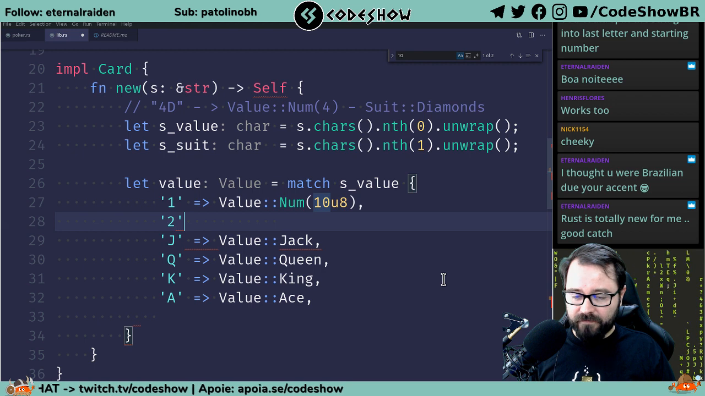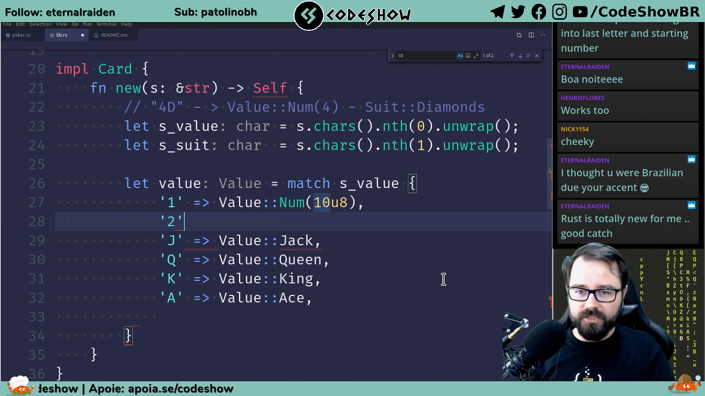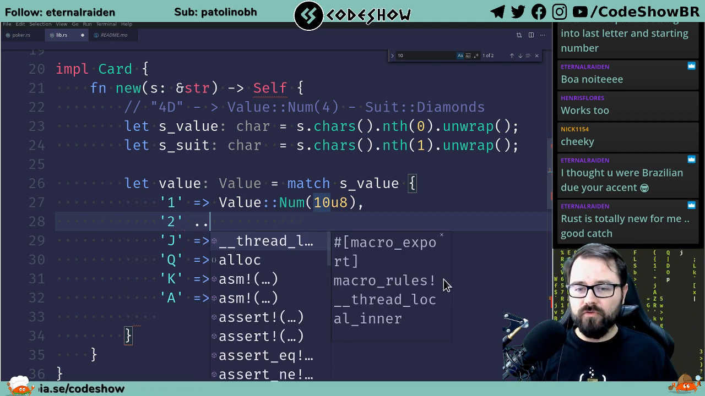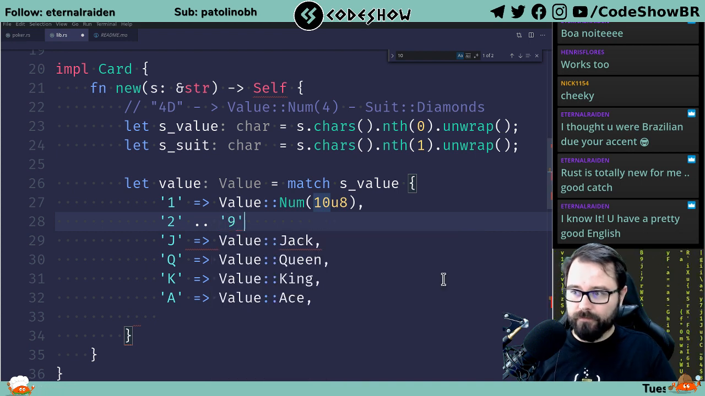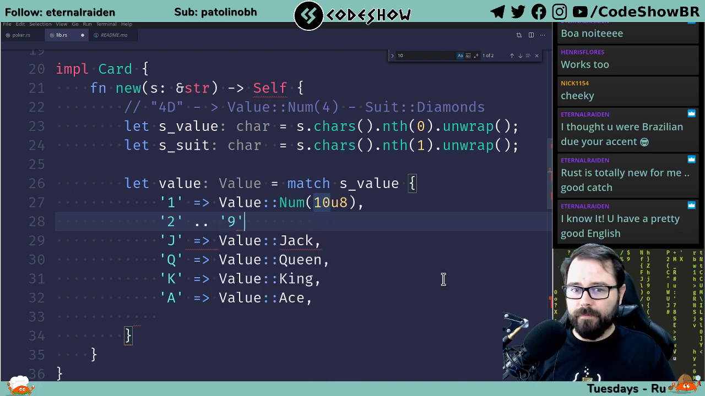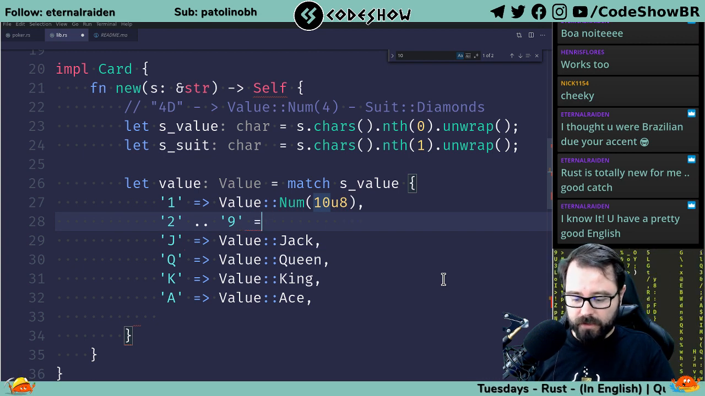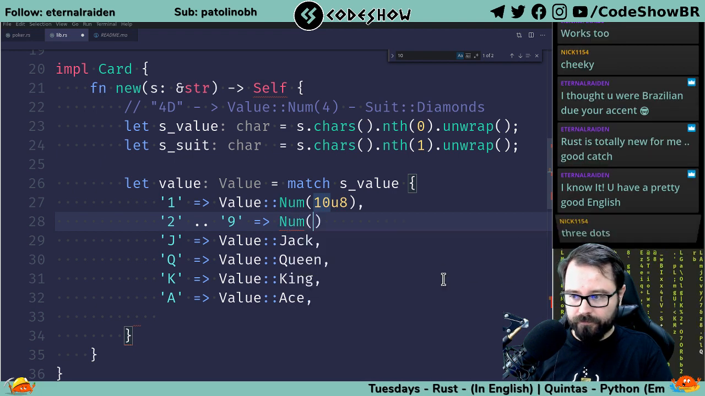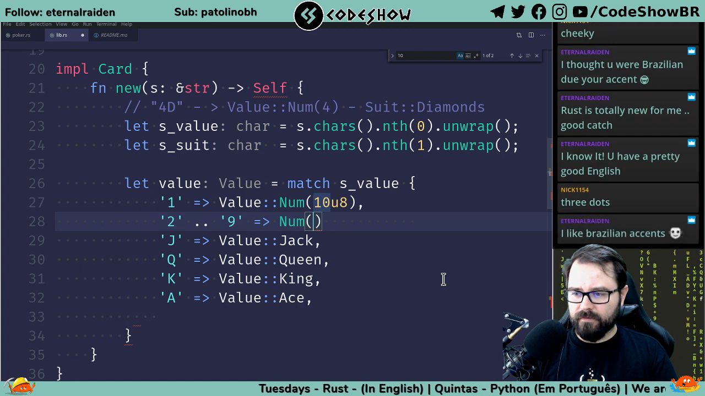Okay, so I think I can do it like this. I can do a range inside the match. So, for example, from 2, I can do a range to 9. And then if I do the range to 9 here, I would just take a num. And then inside this num,